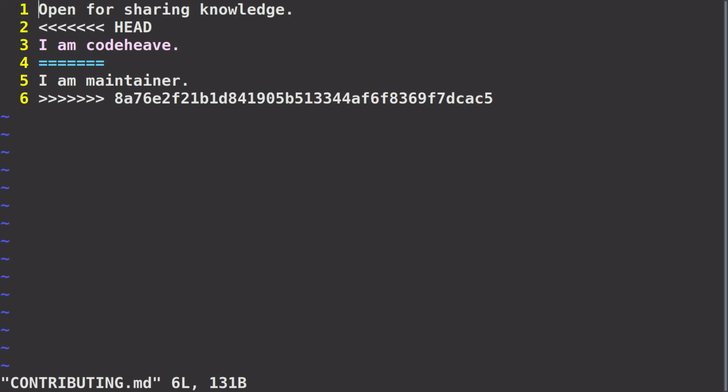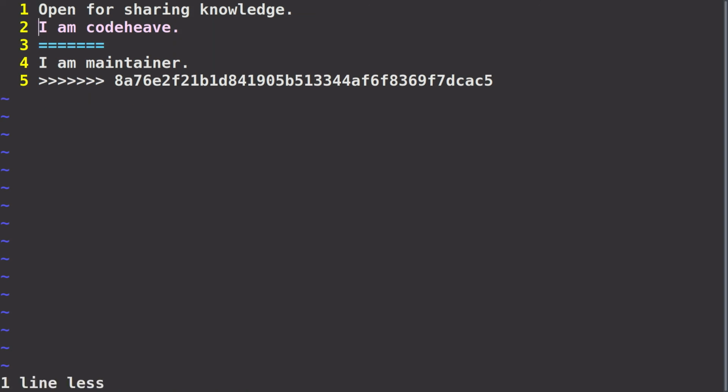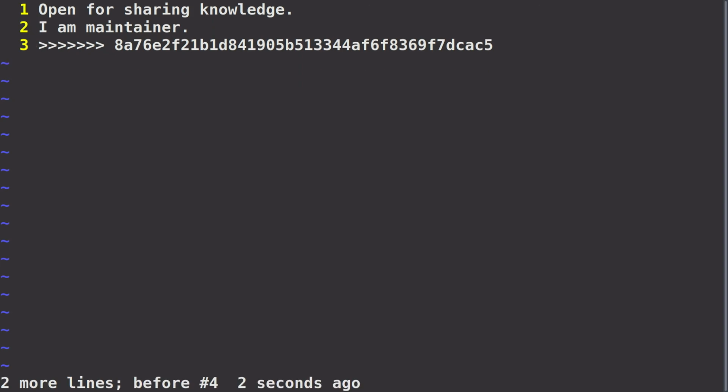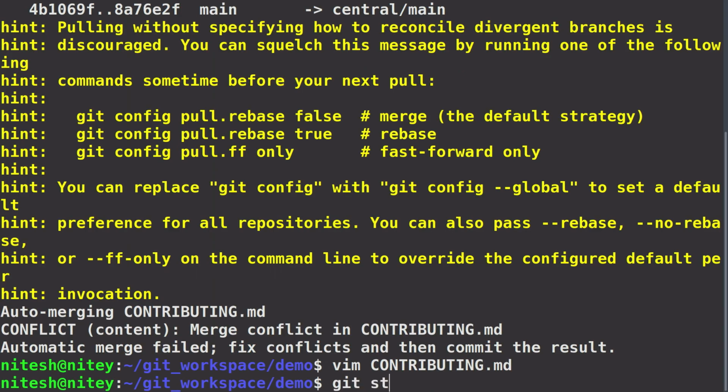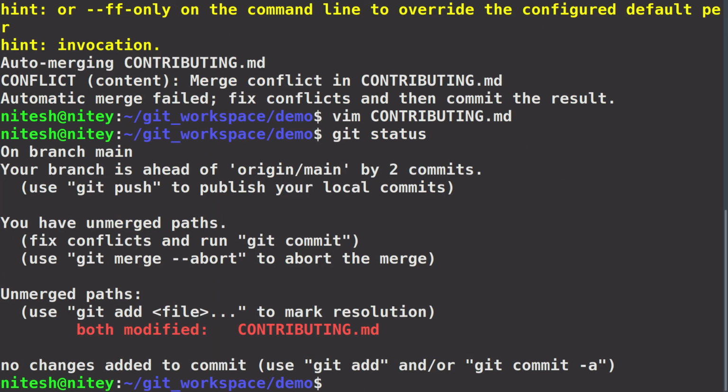I want to keep the maintainer's changes. Let's remove my changes. So for that, I need to manually delete those lines. This head here, this my changes, and this last line. So finally, that's how the contributing.md looks when I merge it. Save it here, and you can see that git status is saying it's an unmerged path. So what I need to do, I need to git